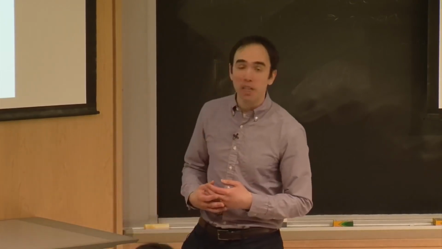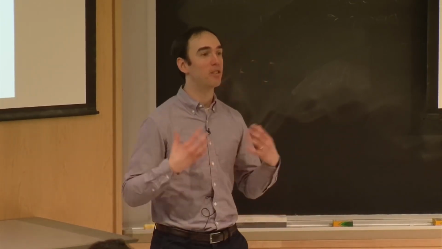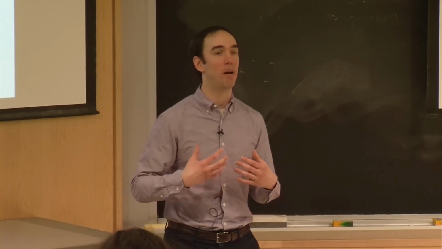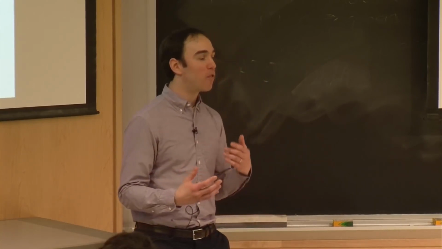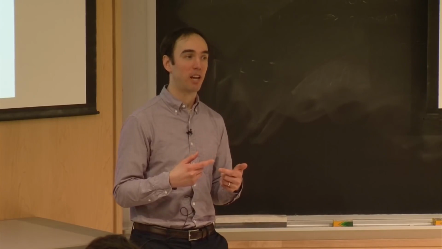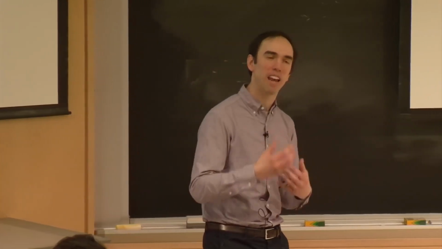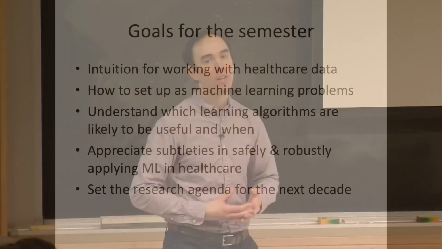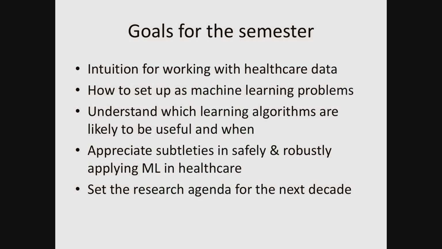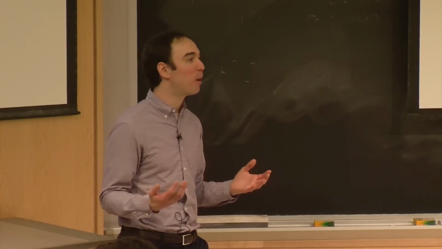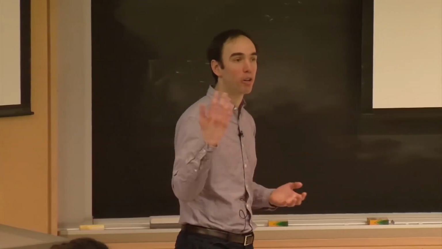Because of some of the issues we talked about, like access to data and not very good benchmarks, reproducibility has been a major challenge. And this is, again, something that the field is only now starting to really grapple with. And so as part of this course also, many of you are currently PhD students or will soon be PhD students. We're going to think through what some of the challenges for the research field are. What are some open problems that you might want to work on either during your PhD or during your future career?